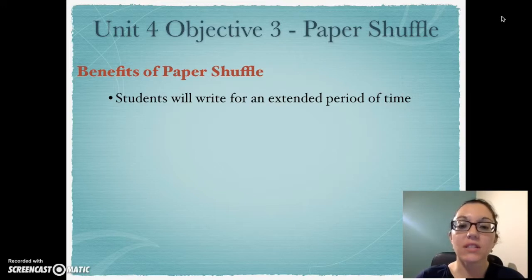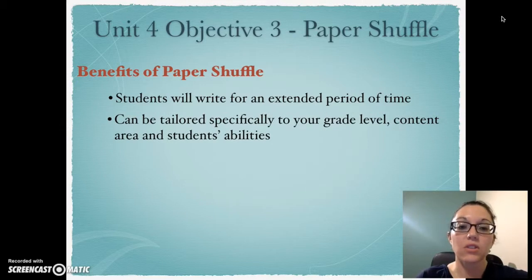Since each paper shuffle is timed, usually 3 to 5 minutes, the students will effectively be writing for over 25 minutes, including the individual piece at the end, which, for some students, is a very substantial amount. The beauty about this strategy is that it can be tailored specifically to your grade level, content area, and your